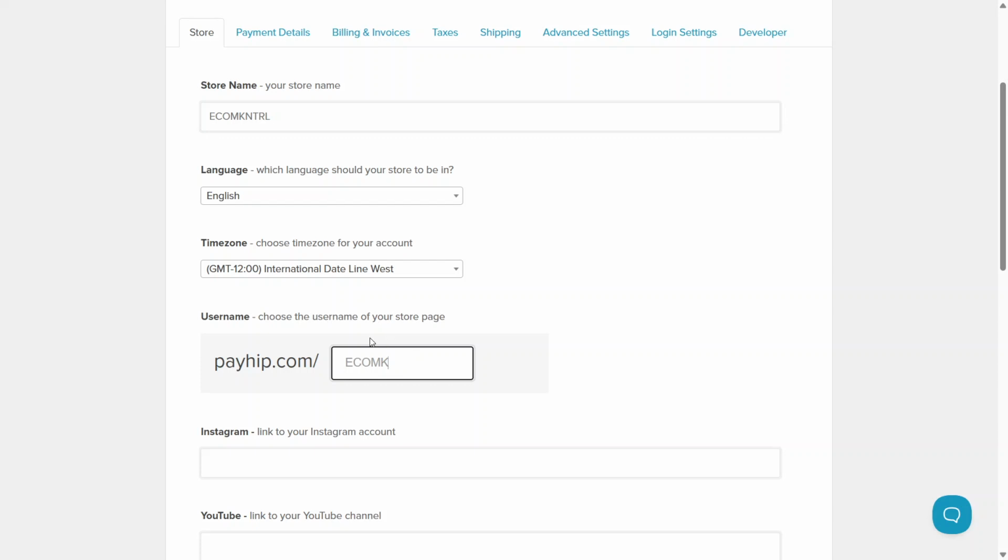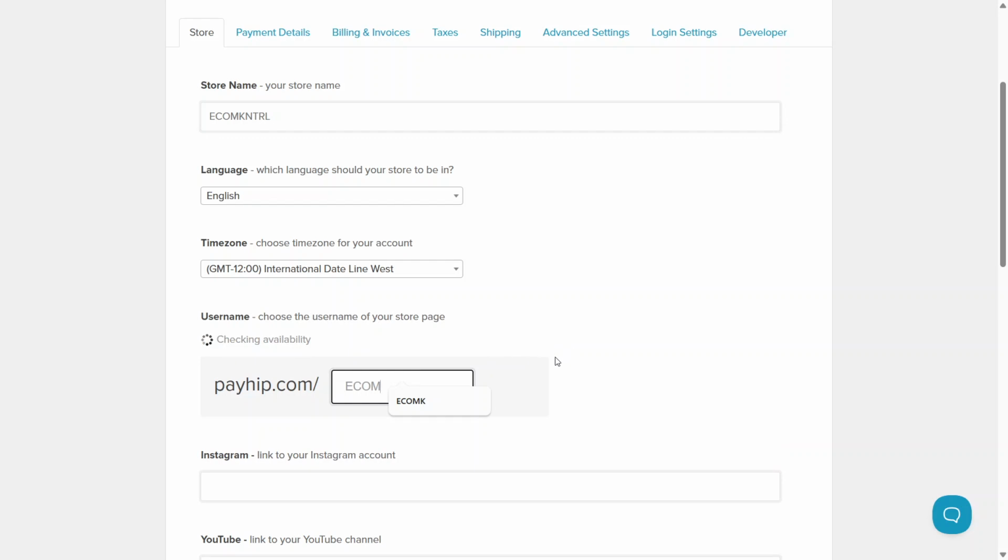To change your URL, you don't edit the link directly. Instead, you edit the username field. Click inside the username box and type in the new username you'd like to use for your store. Try to choose something that clearly represents your brand, is easy to spell, and doesn't use any special characters that